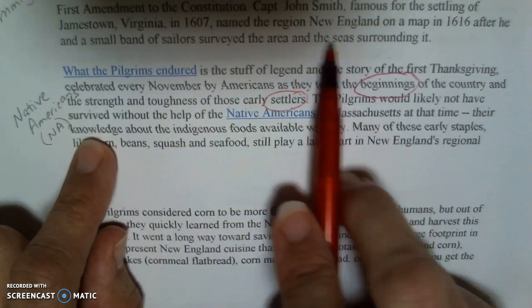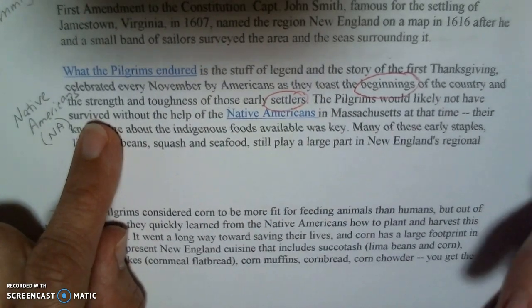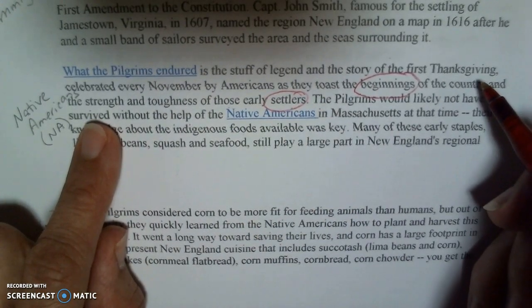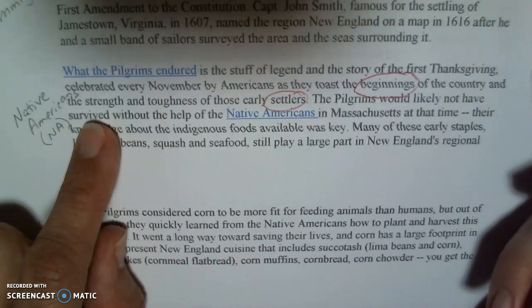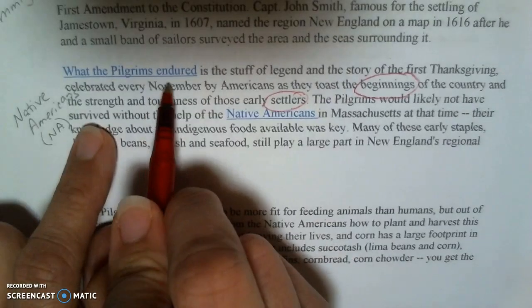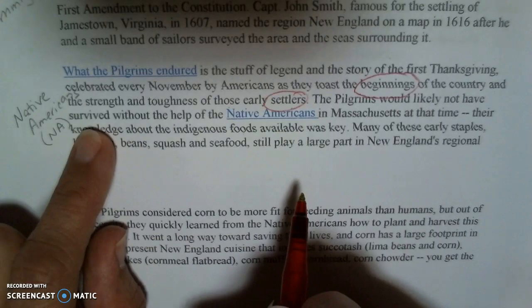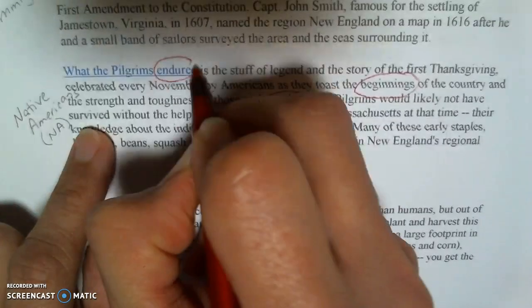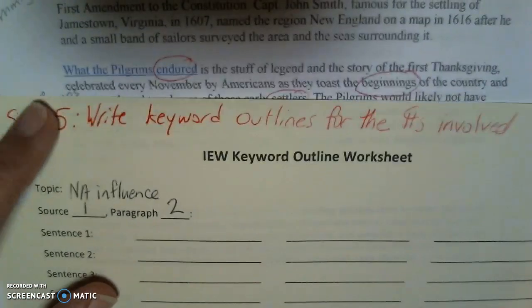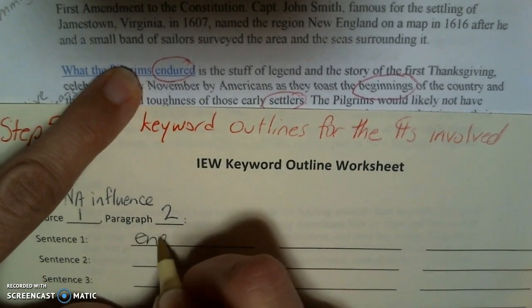I don't see anything in here in that first sentence about food except for Thanksgiving, and it's not really important in this case. So I could pick endured or I could pick legend. I think I'll pick endured. So now I come back over to my keyword outline and I look for those words and I just write them down. So I'm writing down endured,